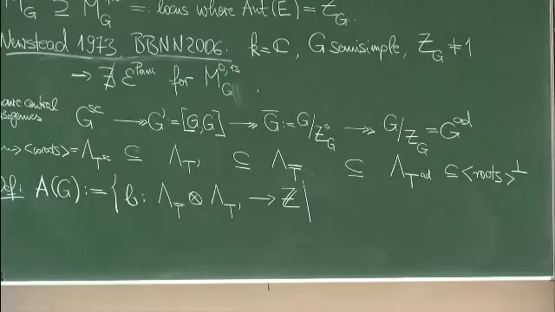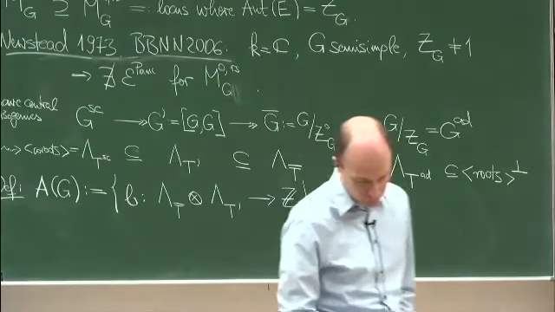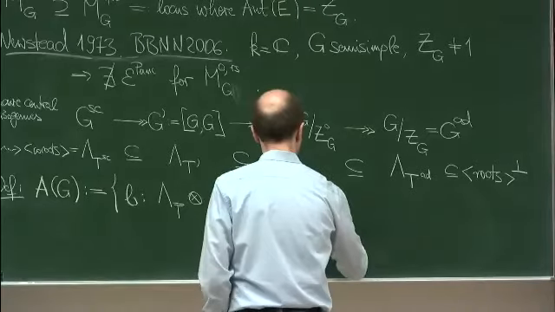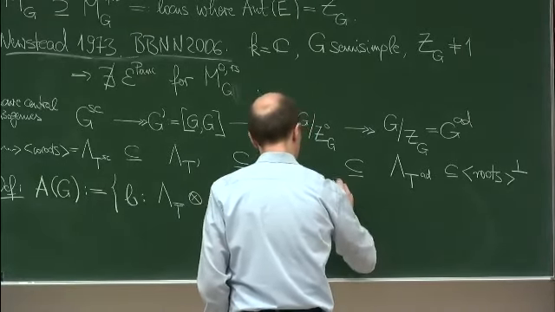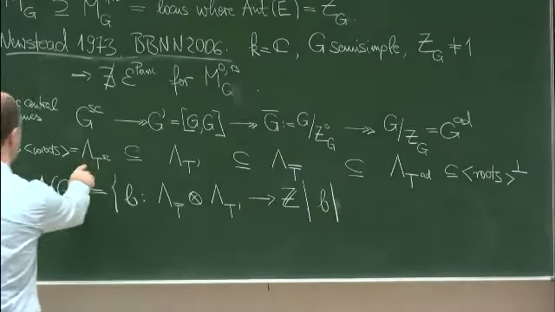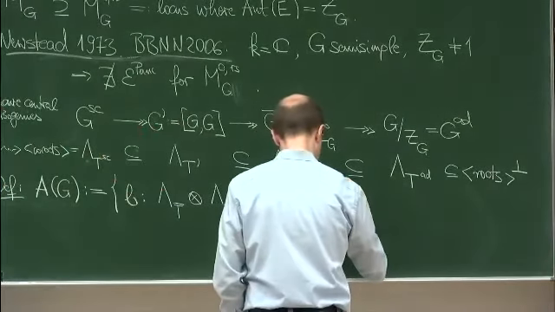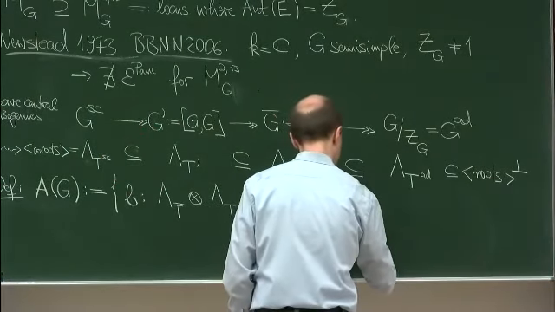So the abelian group of these pairings which satisfy the following conditions. If I restrict them to this smaller lattice, which is given just by the Dynkin diagram, in both variables,